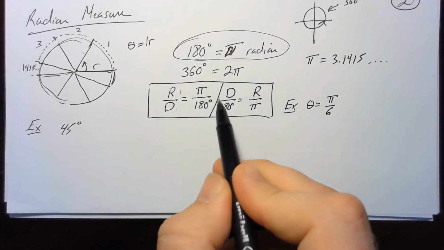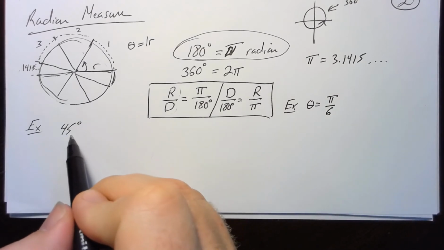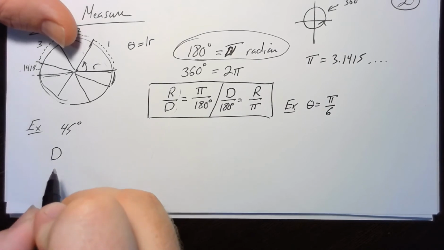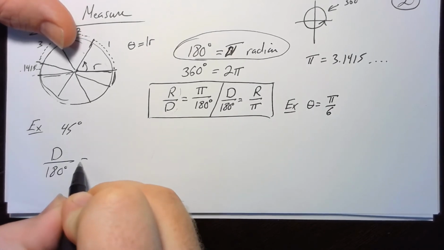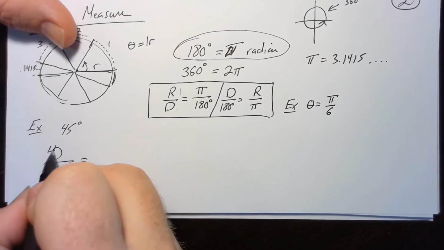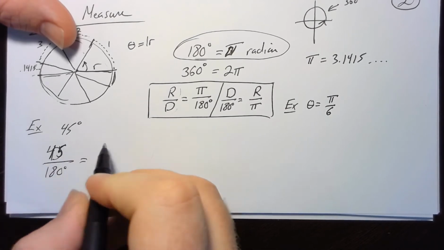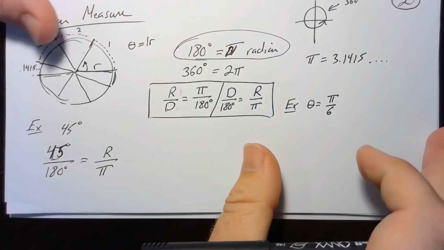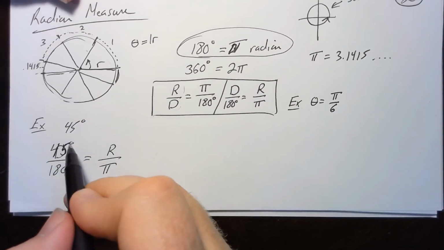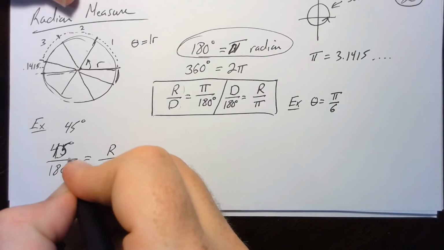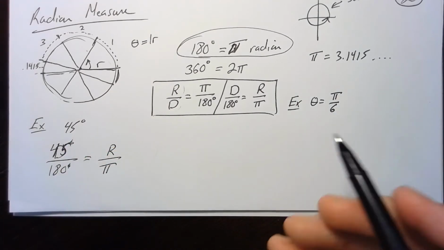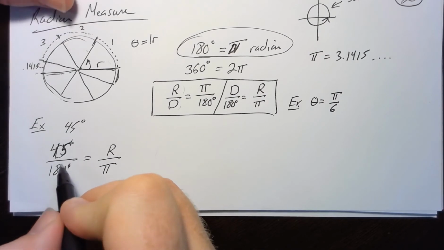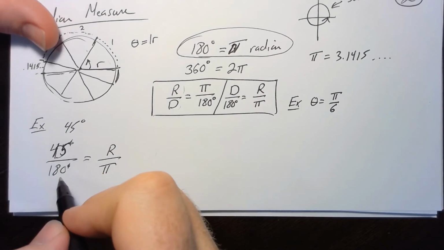So I'm going to use this formula here to solve for what radian measure is 45 degrees. So I'm going to have the degrees over 180 degrees, 45 degrees over 180 degrees, has to be equal to radians over pi. So when I go to solve this, notice that 45 degrees divided by 180 degrees, the degree symbols will logically cancel out, just like if I had, say, centimeters divided by centimeters. Then I have 45 over 180, and 45 divided by 180 is actually 1/4.